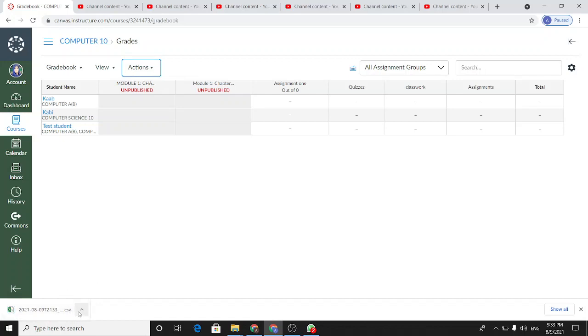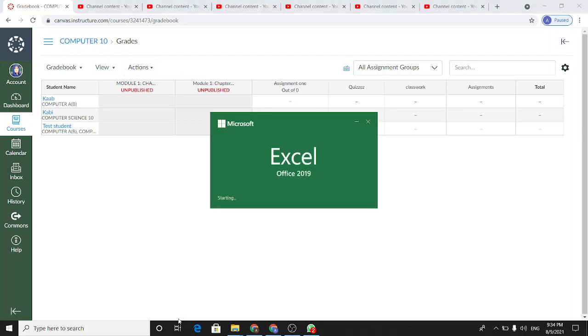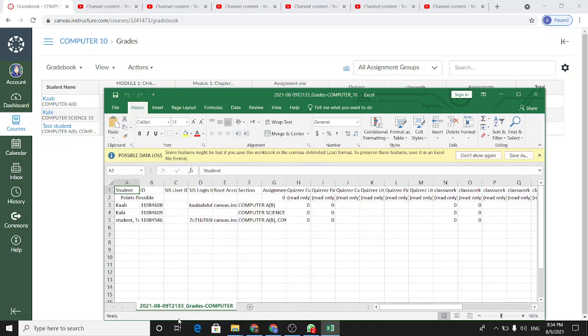It is CSV format. When you open it, it is in Excel format. Now you can print it, you can give it to the students as per your choice.